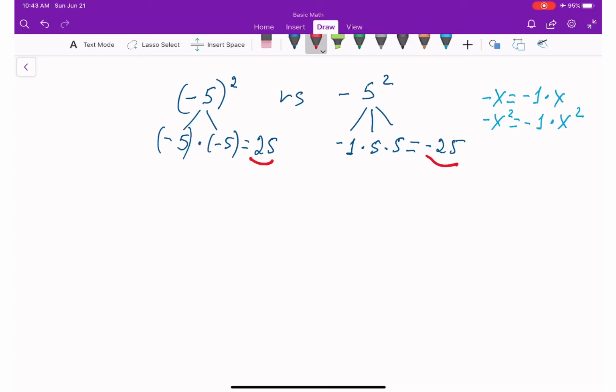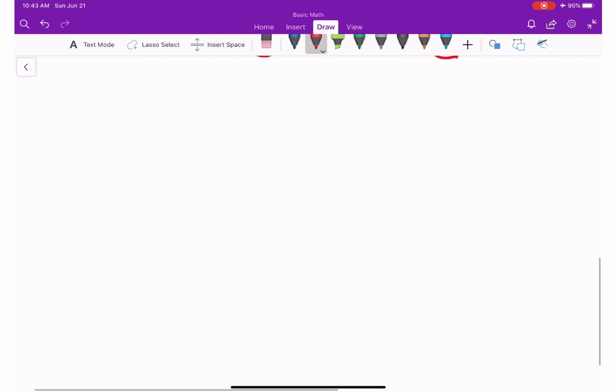Okay, so now let's solve interesting cases based on what I explained. 5 squared, just in case you are wondering why I stuck with 5, it's just so that when you use the same number, you can better see the difference. So 5 squared minus (negative 5) squared. Okay,